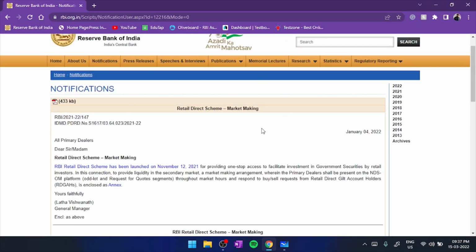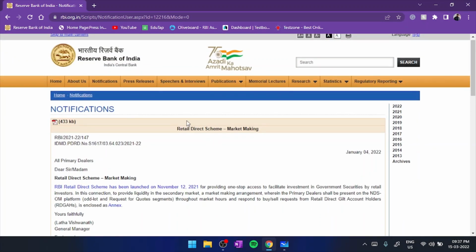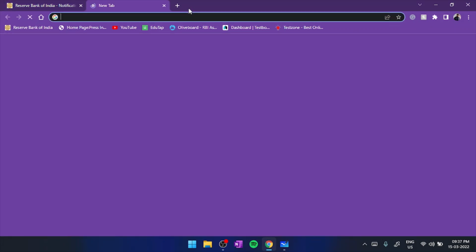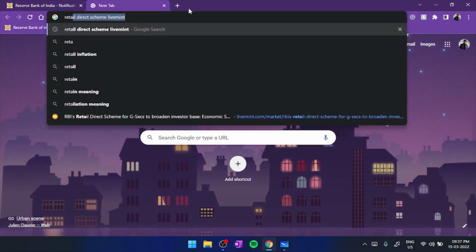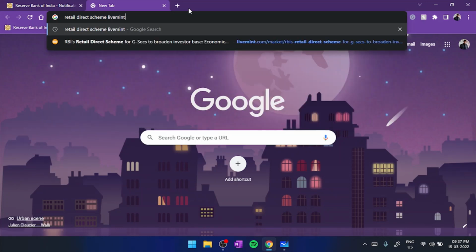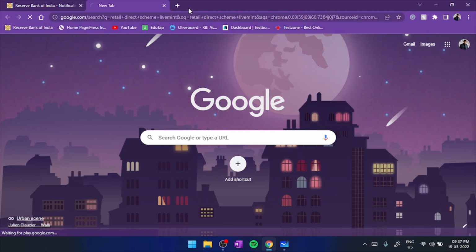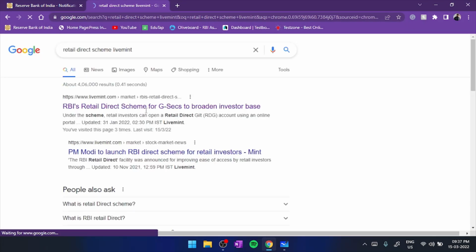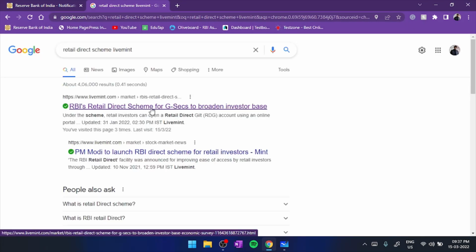So in order to avoid that kind of situation, what I have learned from other videos as well, you can definitely just take the topic and try to search it on your newspaper which you read actually. For example, this is a retail direct scheme. I only have to search retail direct scheme, and I've already done it, and Live Mint, the newspaper which I actually read. So you just have to press enter, and you will find a link where RBI's